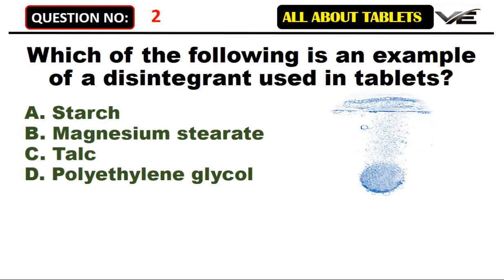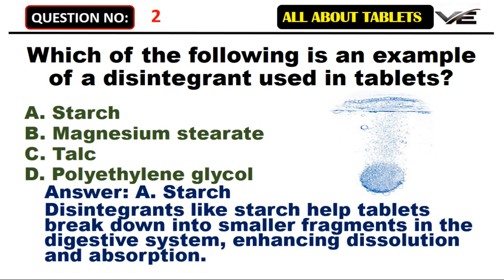Which of the following is an example of a disintegrant used in tablets? A. Starch. B. Magnesium stearate. C. Talc. D. Polyethylene glycol. Answer. A. Starch. Disintegrants like starch help tablets break down into smaller fragments in the digestive system, enhancing dissolution and